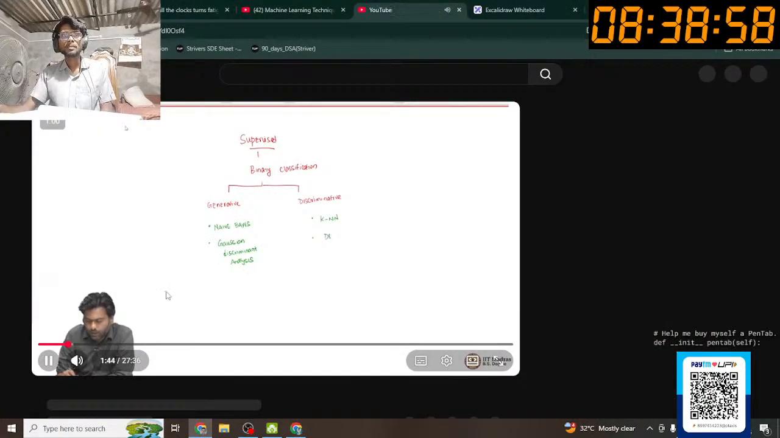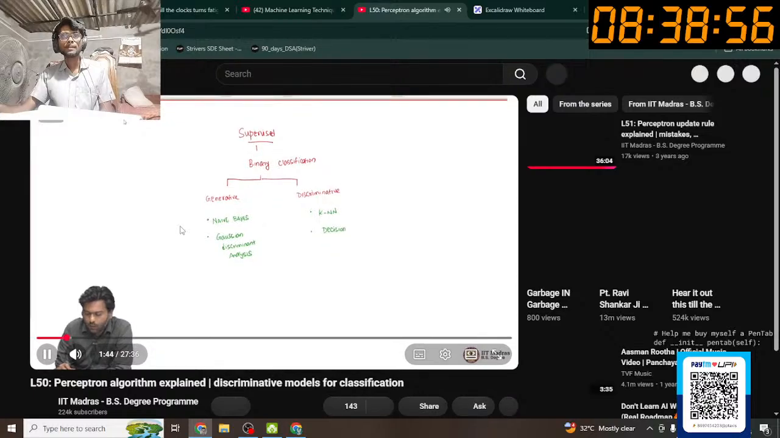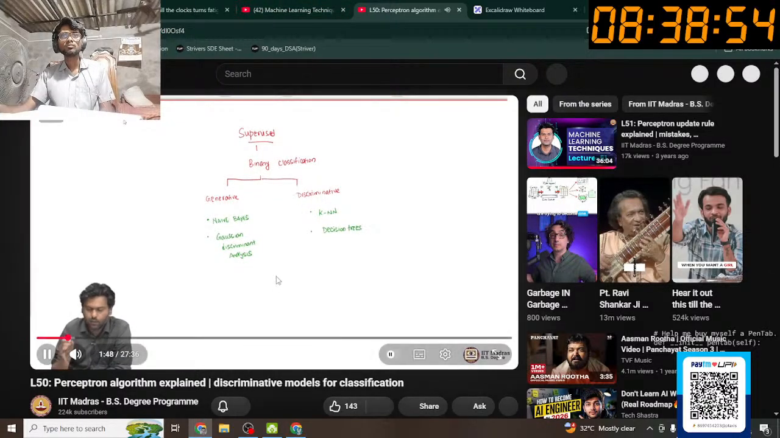And decision trees, which are discriminative because